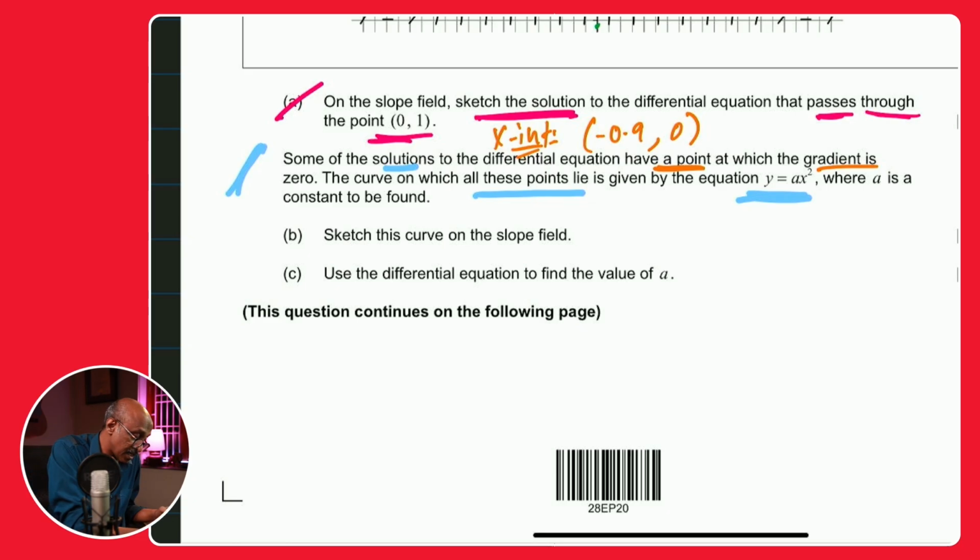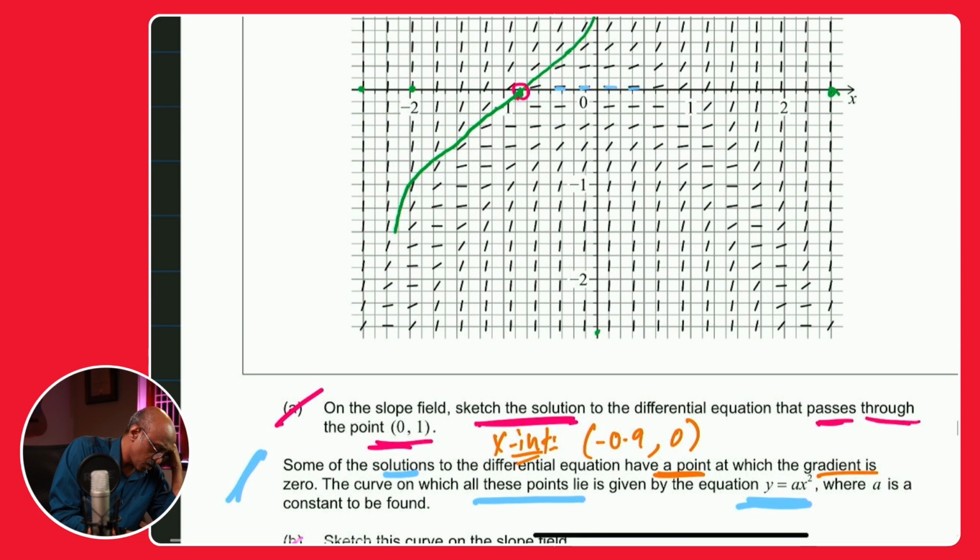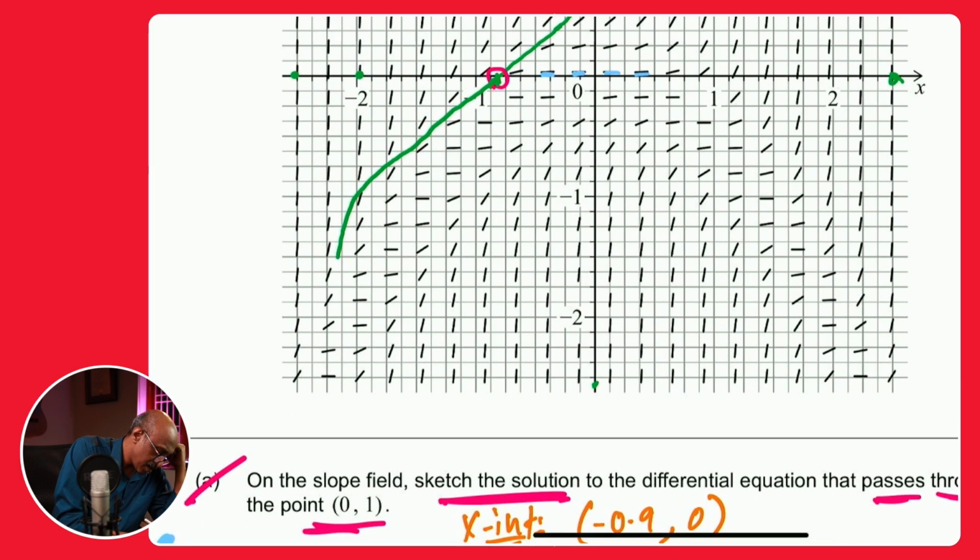Okay, so sketch that curve. Sketch the curve on this same slope field. So since I marked it with pink, let me try and draw that with pink. Okay, so as I said, I've marked certain points here. So let me just make an attempt at that. Okay, so horizontal tangents, keeping an eye on that. So definitely at 0, 0, and give me a second. Maybe that's a little too wide. So if I follow the path,